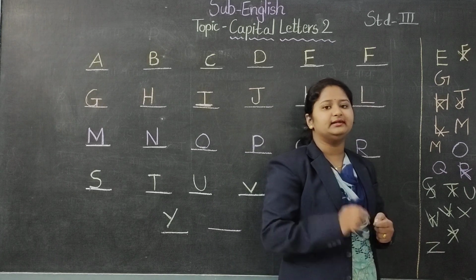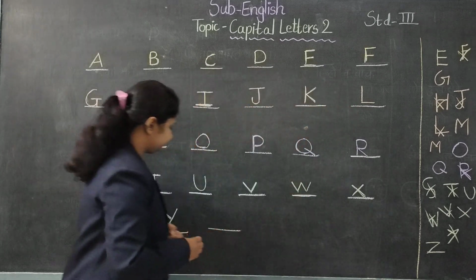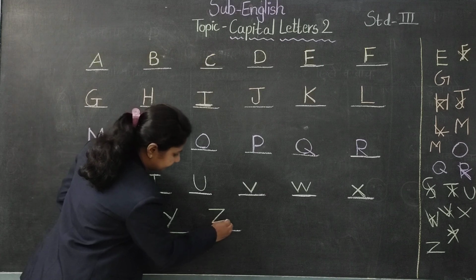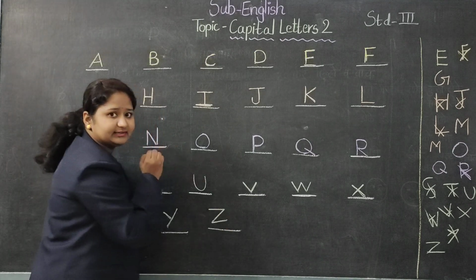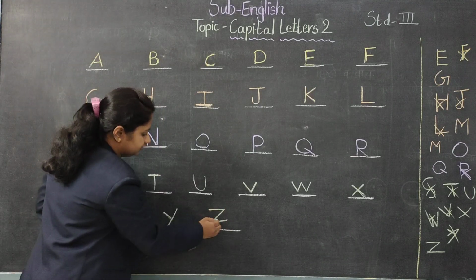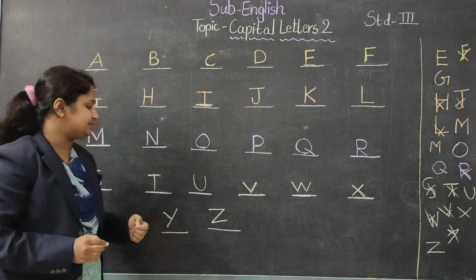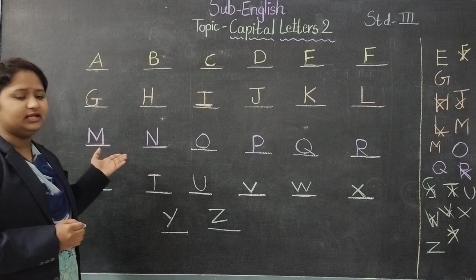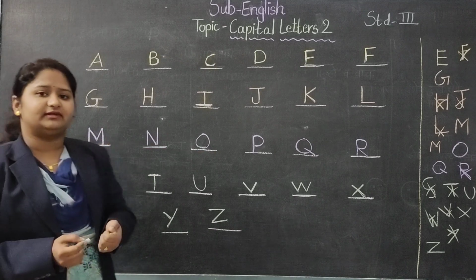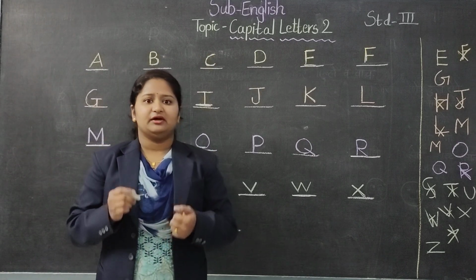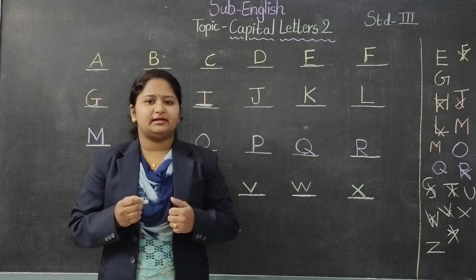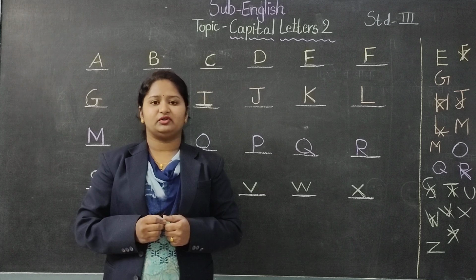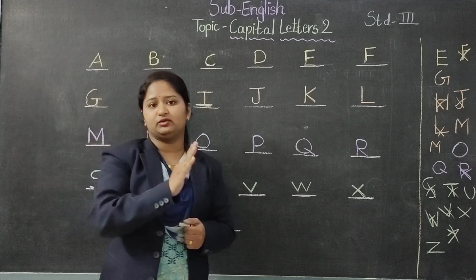We'll see how to write letter Z step by step. First sleeping line, then slanting line, and again the sleeping line, and we are done with the letter Z. See, one, two and three. We use three lines, but in a proper sequence. As you have seen, all letters we have done in a proper sequence, now we see the important tips for writing all the letters. First tip, we have to write the letters from right to left.